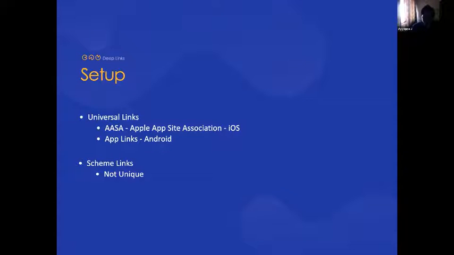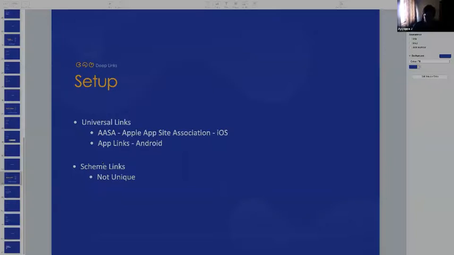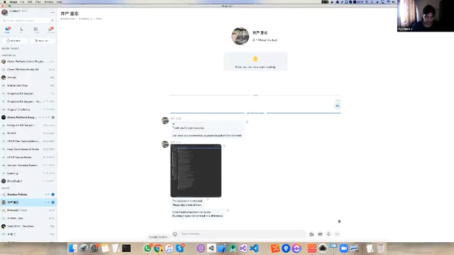Now coming to the setup, as I mentioned, each platform has their own kind of configuration. Like on Apple, it's usually called the Apple App Site Association file, and you need to keep this file in a particular location. I can share the locations later on because it doesn't make sense to explain it here. So this particular file will inform the platform that this particular app is linked to this particular website, so it can directly open the app. So just to give a rough idea how it works.